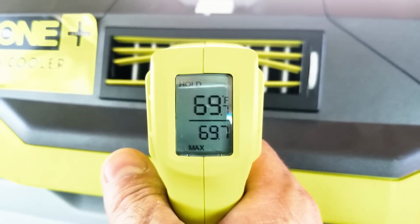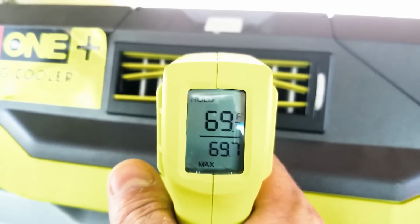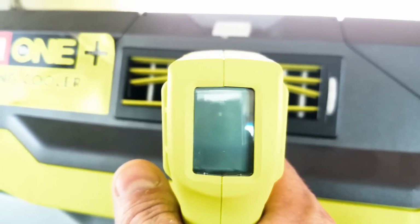All right, so now it's blowing like 69 degree air out of the cooler. That's pretty good. I can feel the difference in here already. I can already tell the difference. It's bearable in here. This thing's only been on for about 5 minutes or so. So I'm gonna let it sit for a little while longer before we put the water in it and check